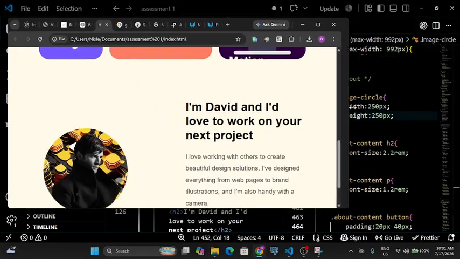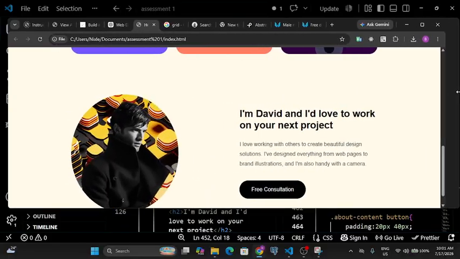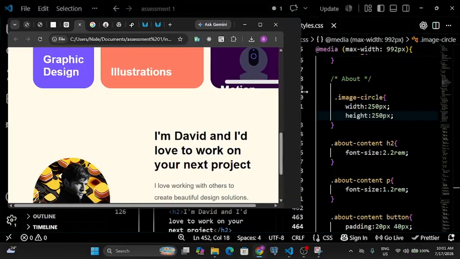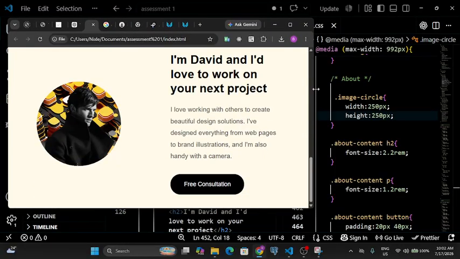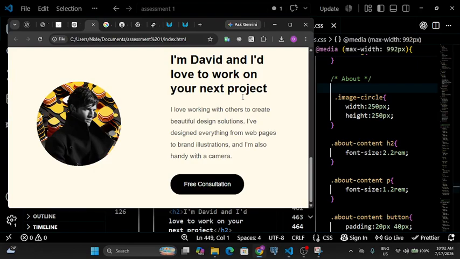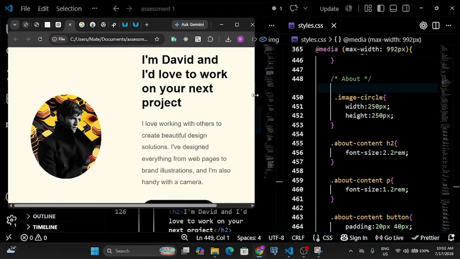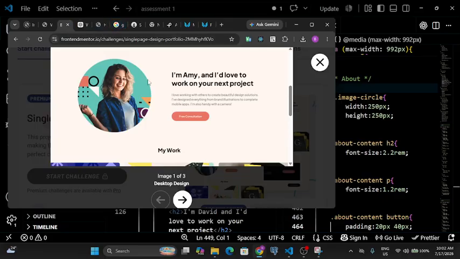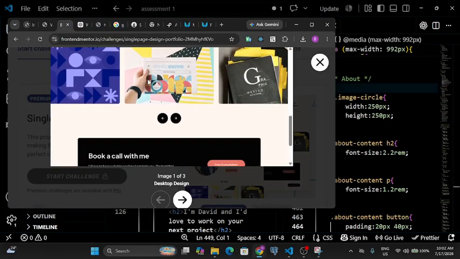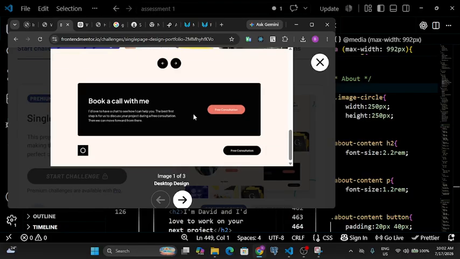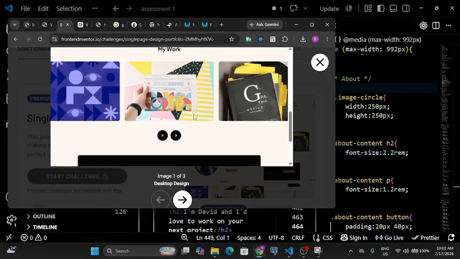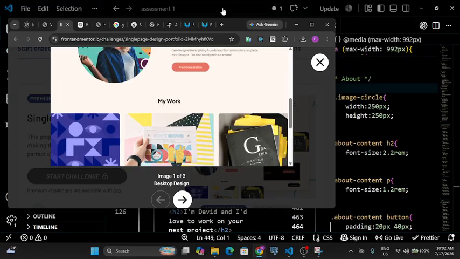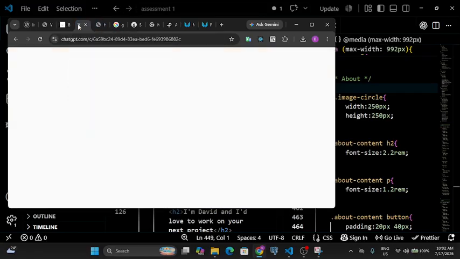So this started from the desktop. There's probably a code that's doing this thing, and to find it will take time. To get what is doing this thing will take a bit of time, so I'm just going to leave it. You can go in, fiddle around and try to figure it out. And then we now have my work, and there's nothing much here. So you can come to ChatGPT and tell it that, okay, the next section,